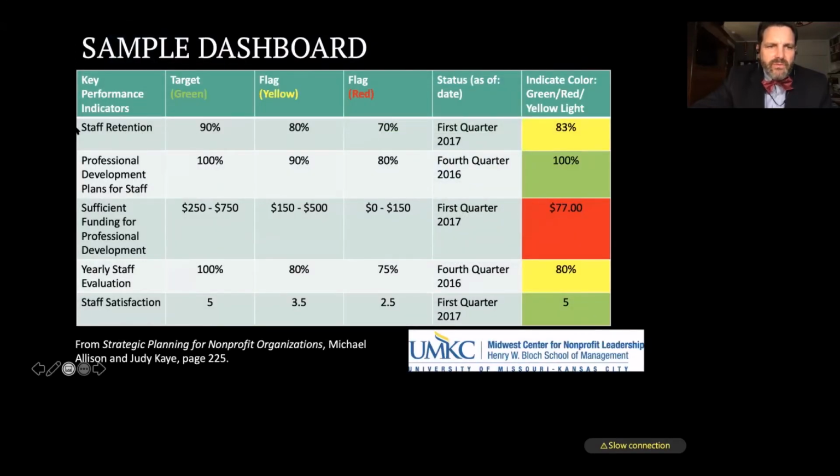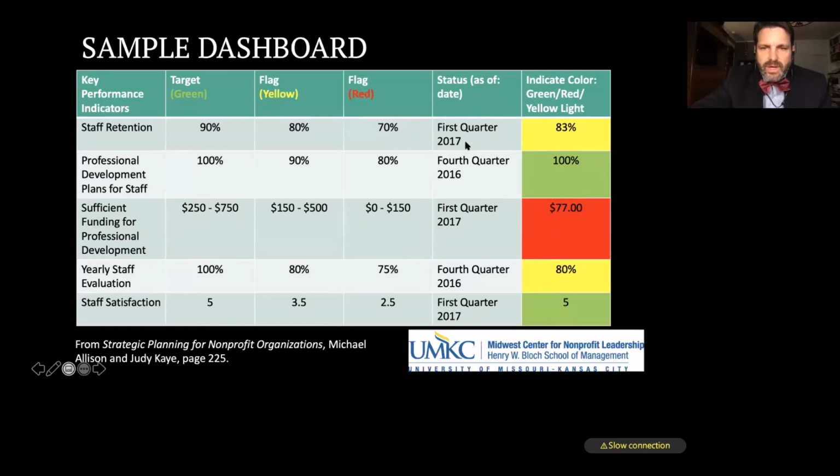But so if one of your goals in your strategic plan is staff retention, and you're at 90% of your goal, then you would code that as green. If you're at 80%, you're at yellow, 70% or below, you would be in the red category. So you're very carefully defining for staff retention what green, yellow, and red looks like. So if you were at 83% of staff retention during this first quarter period,